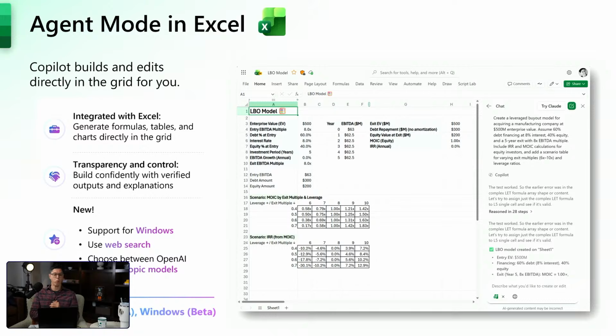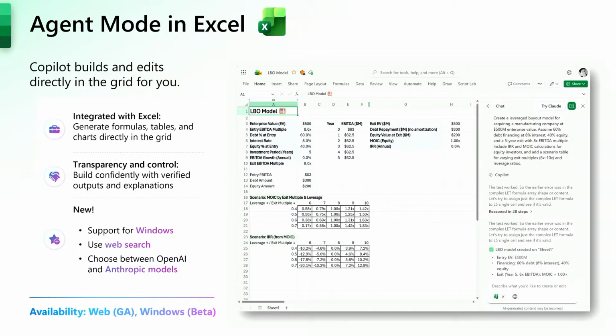All right, so a little bit about some updates and news that we have. We'll work through some scenarios for agent mode, but I want to emphasize three things that we've announced recently. One is that it is supported on Windows, right? The initial release was for Excel on the web, but it is now supported on Windows. Second, we now have web search, which means agent mode can go out and fetch publicly available data and augment your analysis. Cool. Yeah. And then third is that we support Claude or Anthropic models, which is really exciting, right? We have the best models from OpenAI and Anthropic powering agent mode.